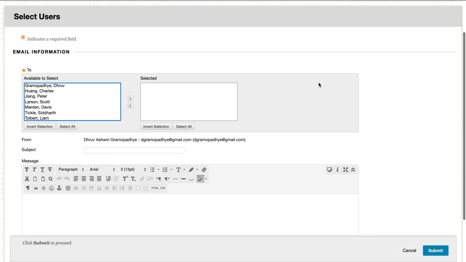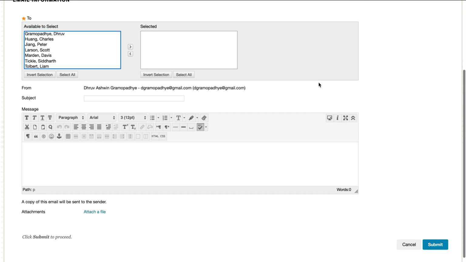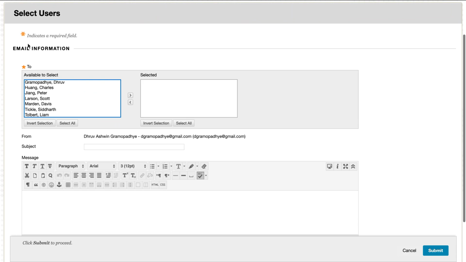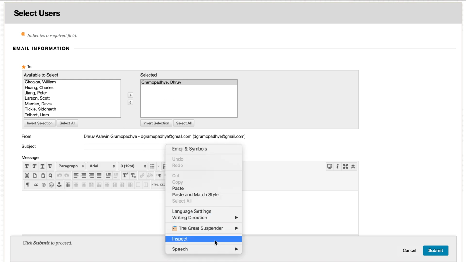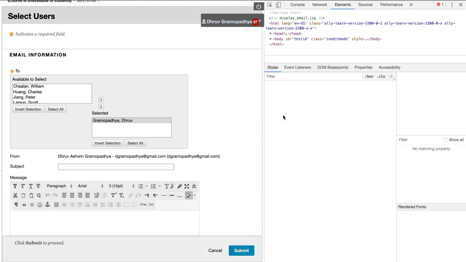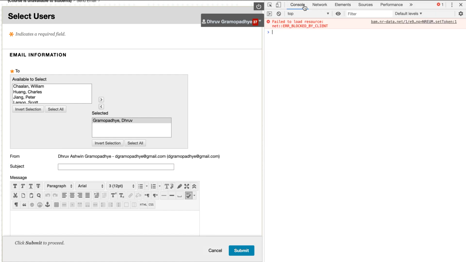Injection in Blackboard. So here we're at the send mail for individual users. That's me. I'm going to select myself, and then I'm going to do a really simple payload. I'm not going to do anything fancy. All I've got to prove to you guys is that I can inject CRLFs and that they'll affect the email. And once I've proven that, it's very easy from there to build payloads that will